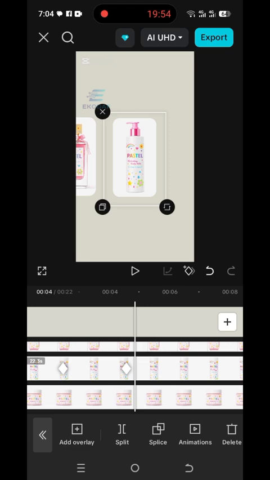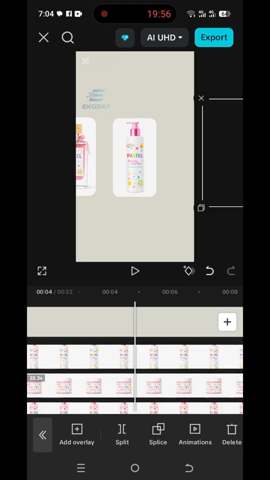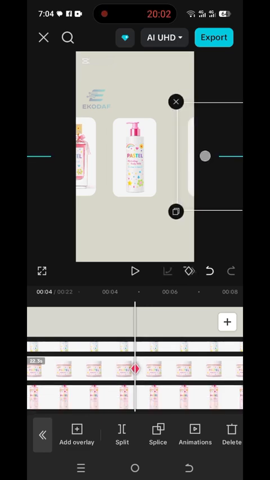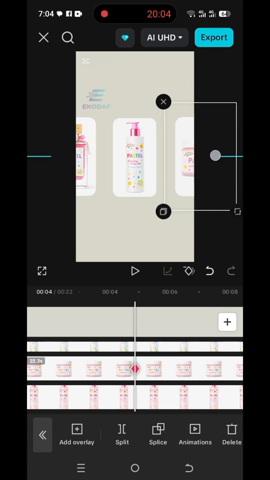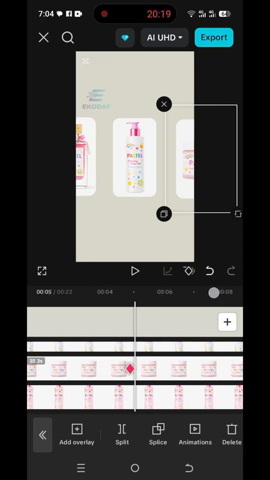The next thing is you click the next image that is outside the background. You add a keyframe. You push it into the background. You make sure part of it is visible in the background and the other part is outside the background. That's the real effect. So you move out of the keyframe,